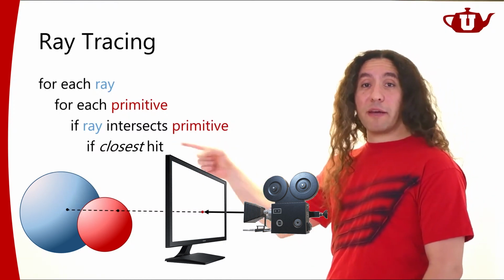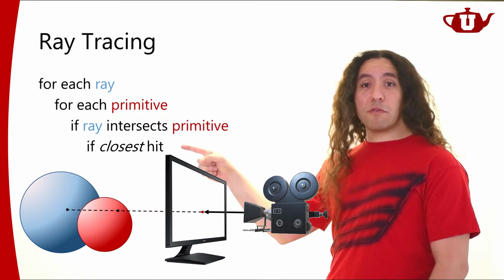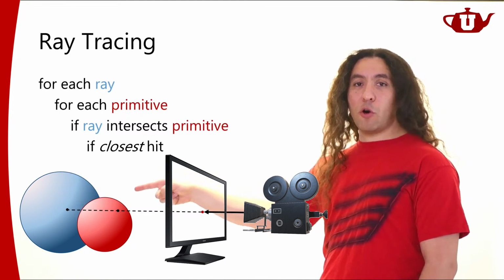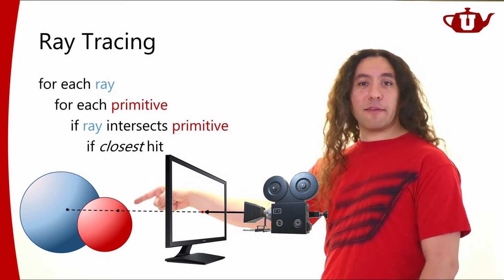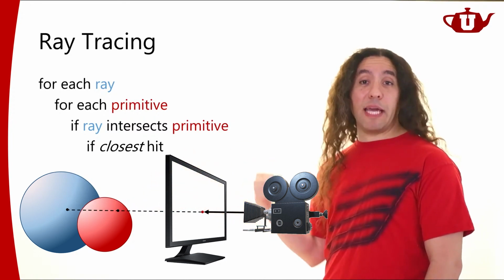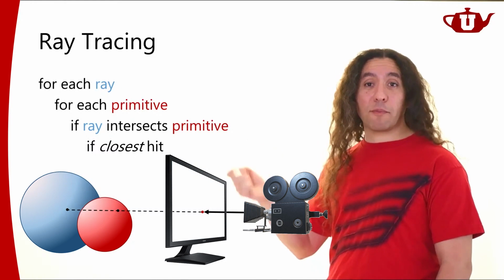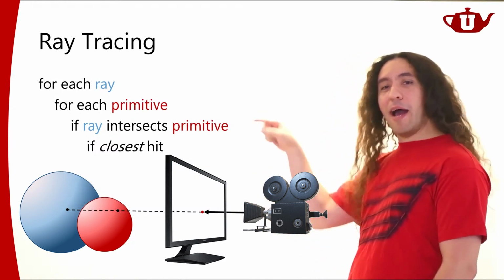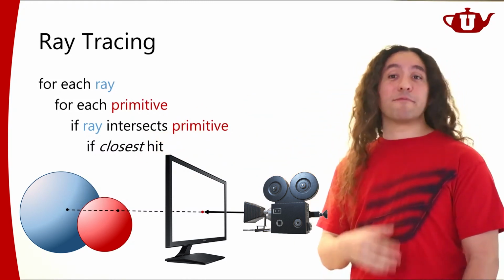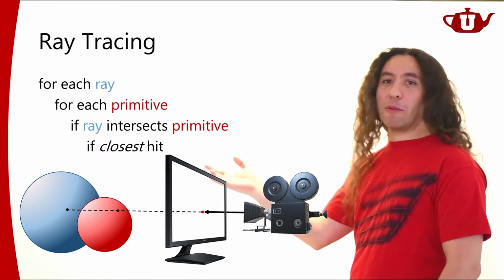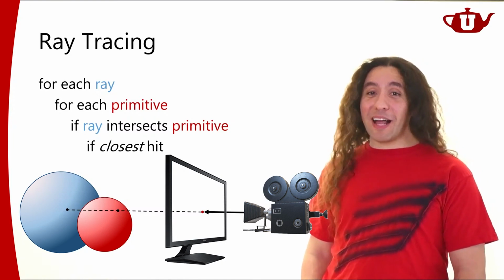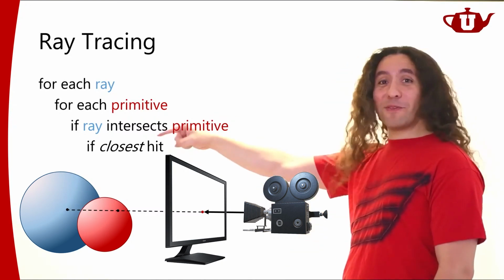So when you find the closest primitive, you need to take a note of what that is. I need to know what that point is and what the surface normal at that point is and all those details. Everything that I will need to be able to shade that point, that's what I'm going to be saving. Okay, now in this example I have two spheres, fairly simple, right? For the projects, we're not going to have too many spheres. That's going to be fine too. But in general, I might have quite a lot of primitives. Is there a faster way of doing this?